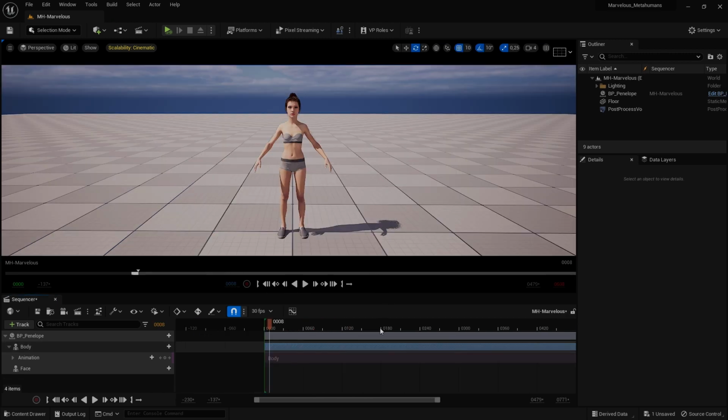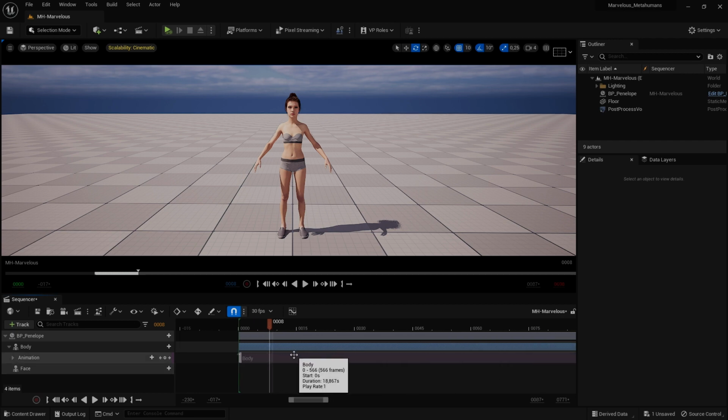Before I carry on to export the body, I'm going to show you how to get the MetaHuman into a T-pose for Marvelous Designer. So first, zoom into your animation here, hold Control and just scroll wheel up. Then move your animation, say about 10 frames should be fine.